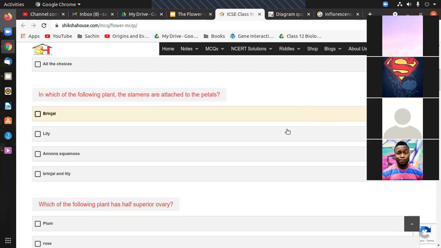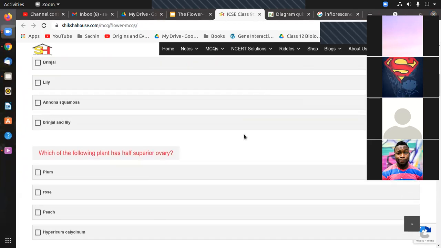I guess I had also shown you the picture of the lily, water lily especially, right? If you see the white petals, and at the center there is this yellow anther-like structure, that is the stamen part. So they are not attached to the petals, but rather they are separate.